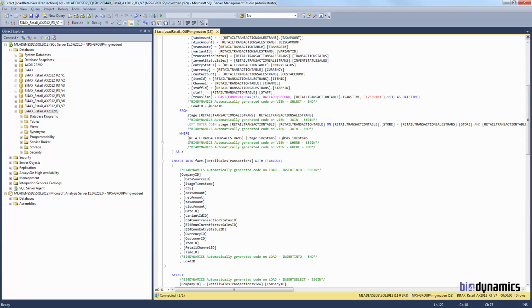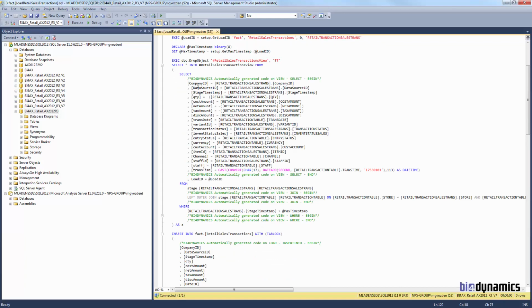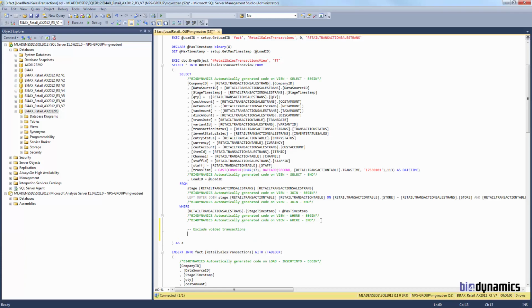So we'll just write a simple script here. This is a select statement where we will just make a condition for the entry status. We will write it under the where condition, and we'll just say exclude voided transactions, which means, because this is a where condition already active, we'll just say and voided transactions are on status number 1. So this is it. We save it,